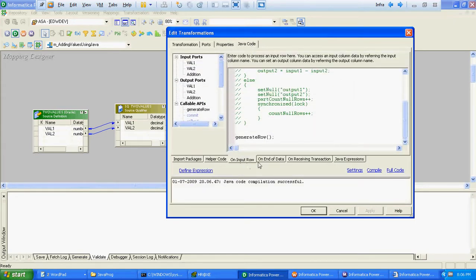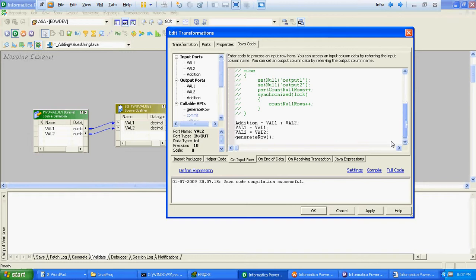I have to write on input row: addition = val1 + val2, val1 = val1, val2 = val2. We'll compile this code. So it's got compiled successfully.